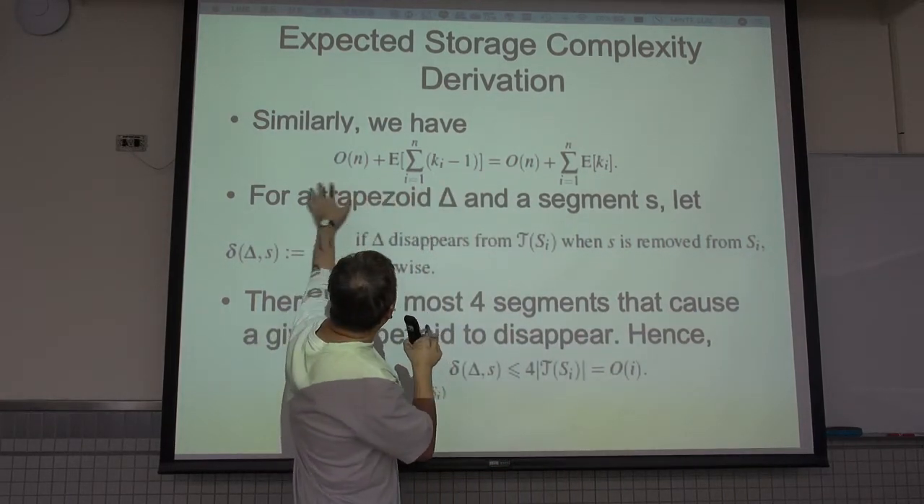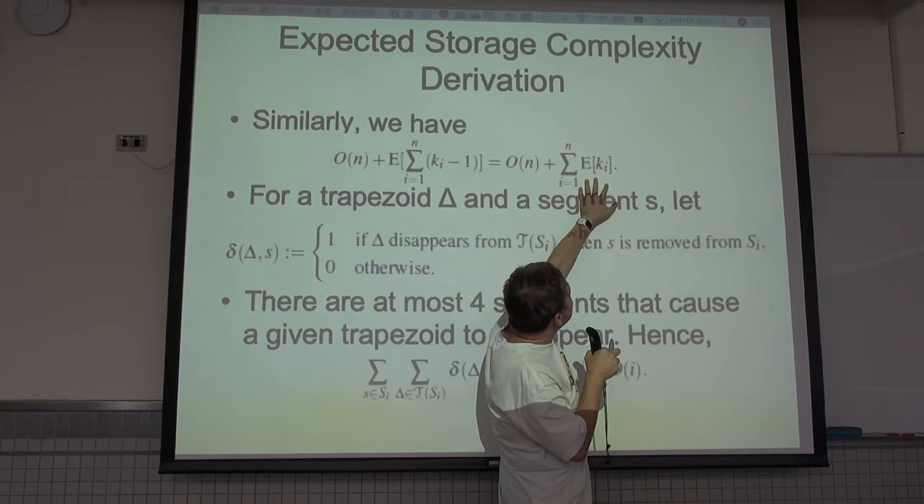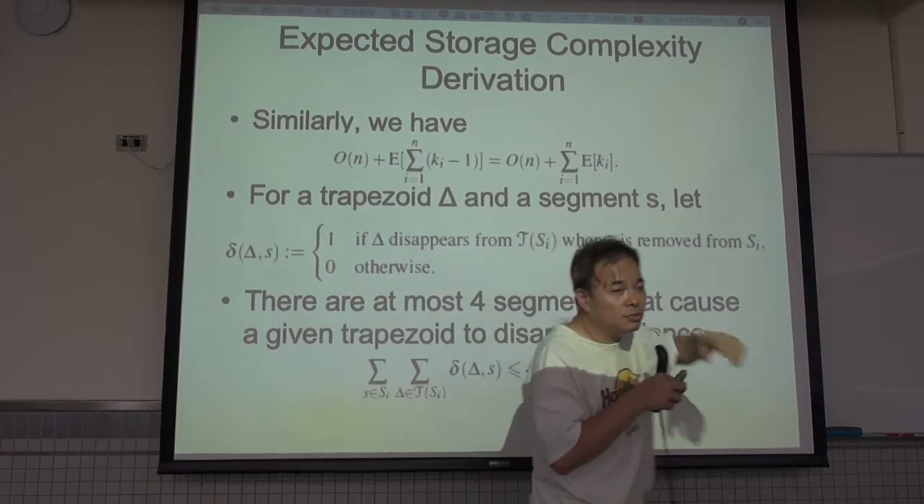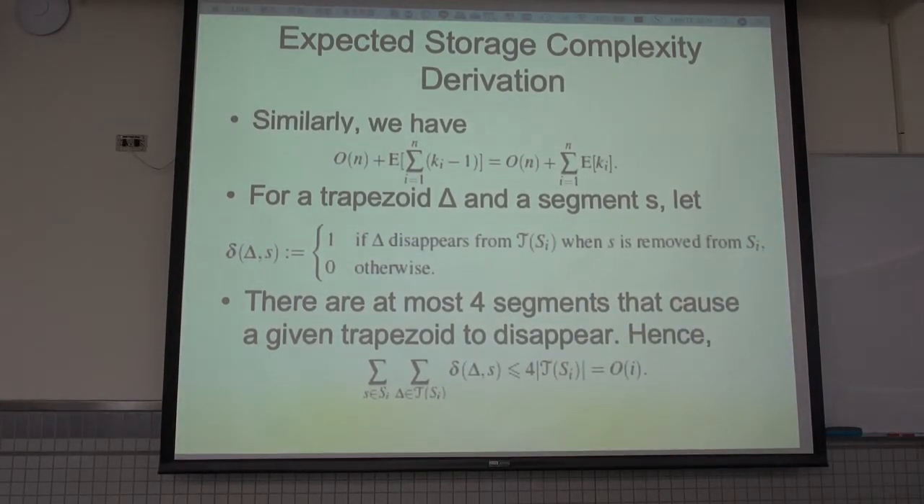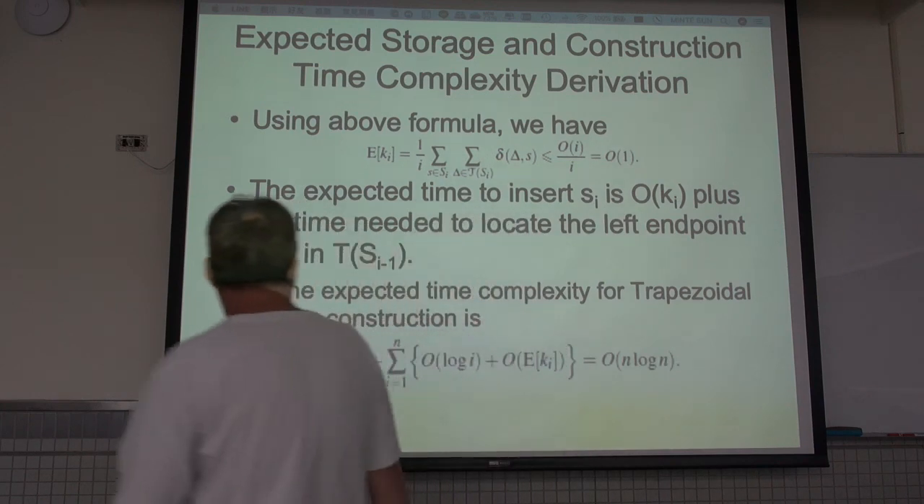This one is the expected storage. It's going to be big O of n plus the summation of a constant, i from i plus 1 to n. So this adds up to be a linear cost as well, right? So both terms will be linear, so of course the whole thing will be linear. So the expected storage complexity is going to be linear. Okay, so I have explained the expected query time. I have explained the expected storage cost. Now, the last one, the expected time to